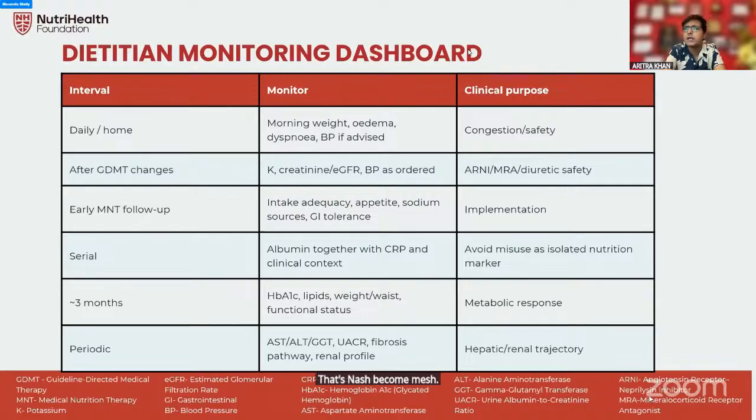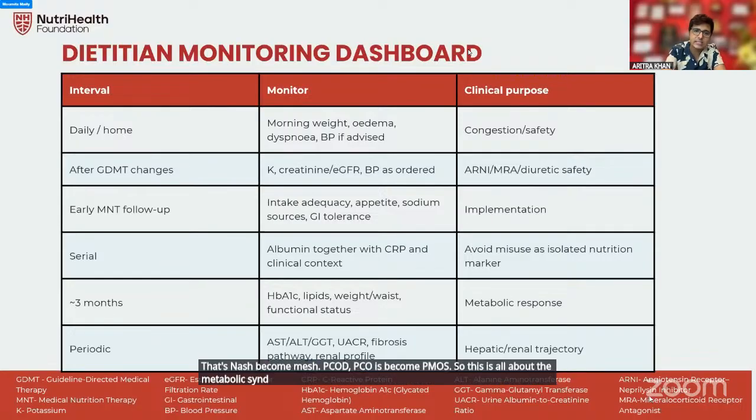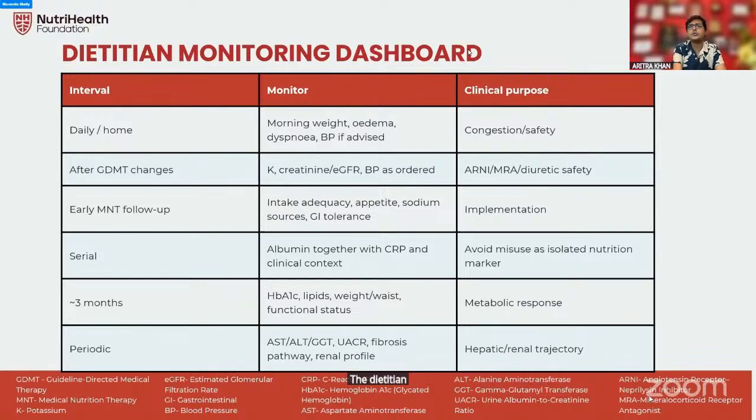PCOD, PCOS become PMOS. So this is all about the metabolic syndrome. Metabolic syndrome is very important: AST, ALT, GGT, fibrosis path, renal profile, and talk about the hepatic and the renal trajectory. So these things, the dietitian monitoring dashboard is very important, because I do take a lot